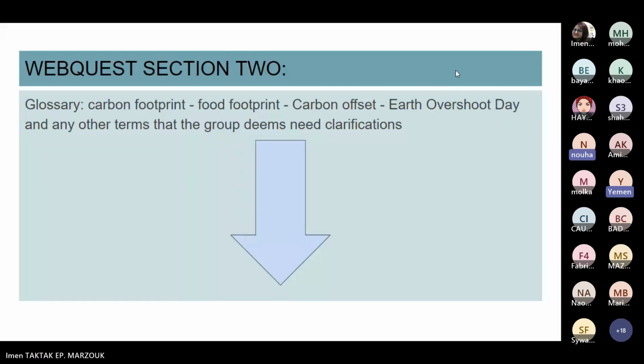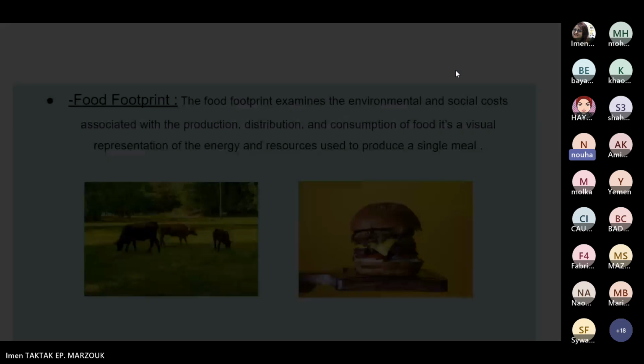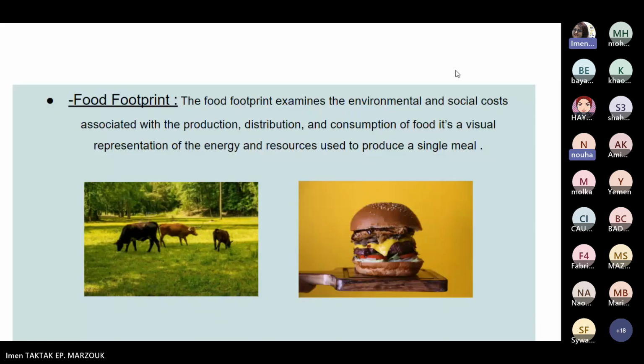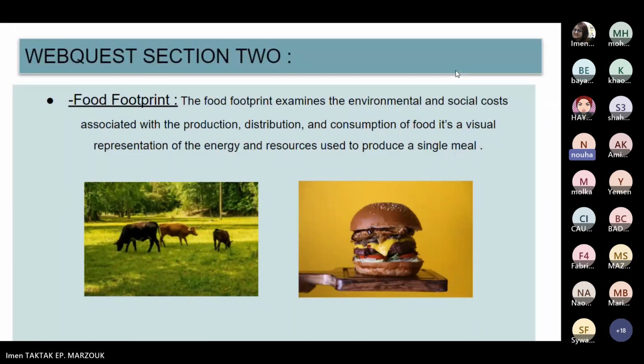Glossary: carbon footprint, carbon offset, Earth Overshoot Day, and any other terms that the group deems need clarification. If you're wondering what food footprint is, the food footprint examines the environmental and social costs associated with the production, distribution, and consumption of food. It's a visual representation of the energy and the resources used to produce a single meal. A footprint refers to the environmental pressures created by the food demands of individuals, organizations, and